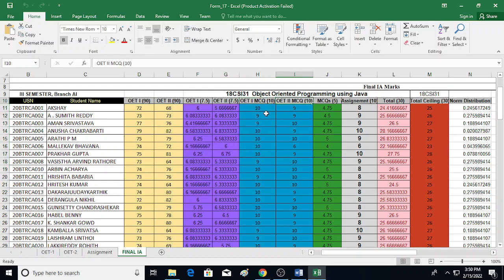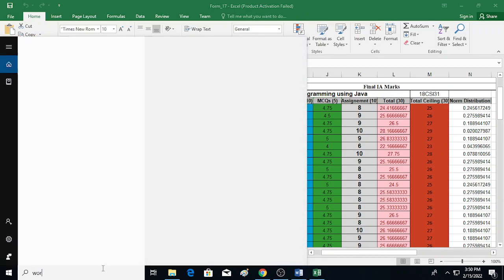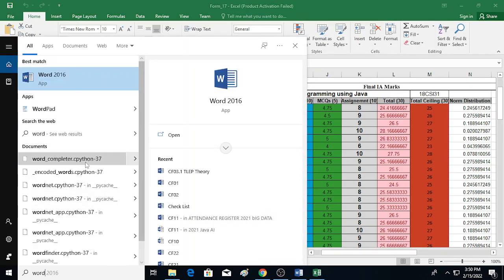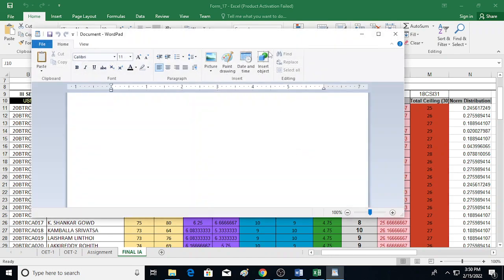10 marks. OAT2 MCQ how much? 10 marks. So 10 in OAT1 they got some marks and in OAT2 they got some marks. That has been converted to out of 5 marks because our IA assignment is very important to note actually. IA assignment is how much for this particular session? It is 15 marks for IA. So how will this 15 marks for IA be divided?